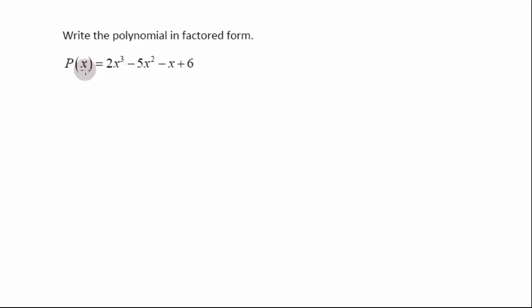Okay, with this example, we're supposed to write the polynomial in factored form. We're given the polynomial p of x, 2x cubed minus 5x squared minus x plus 6, and we're going to try to write it in its factors. Well, the first thing you need to do is find a zero of the polynomial and then factor it out. So remember, this is a cubic, so it has 3 zeros, and we want to find one of them. Then we can write the factor, and then we can divide it out and find the other two factors with